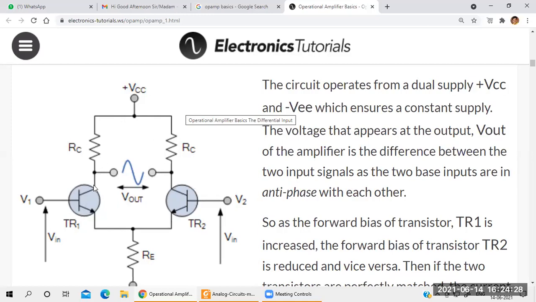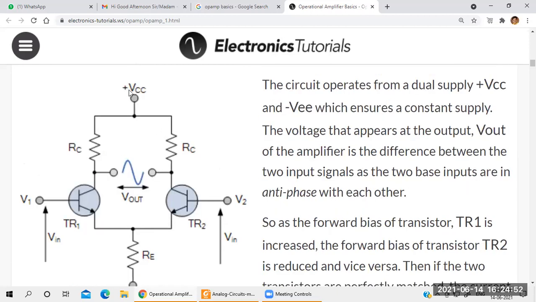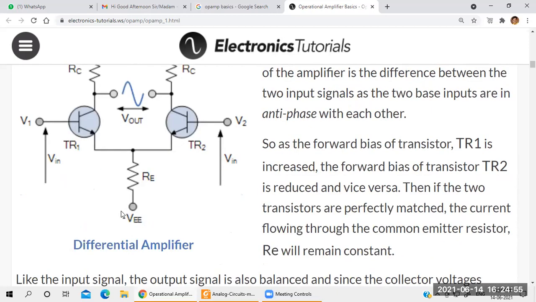Because collector is output, right? If you connect any resistance across the output here, it acts as a load resistance. That's why I call it the RC. So RC is what here? It's an output resistance for the BJT transistor. So next you take emitter. Emitter, they shorted here. That is connected to negative voltage through the emitter resistance. For the collector, they have taken plus VCC. For the emitter, they have taken negative VE. Understood? They are going to apply positive and negative voltage for the BJT transistor in between the collector and emitter.